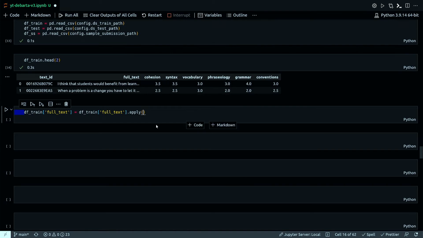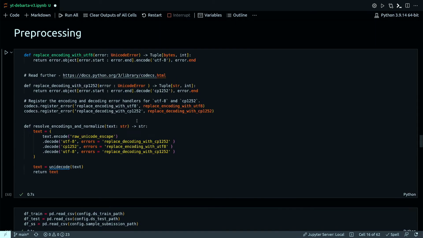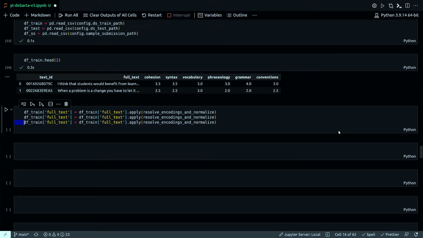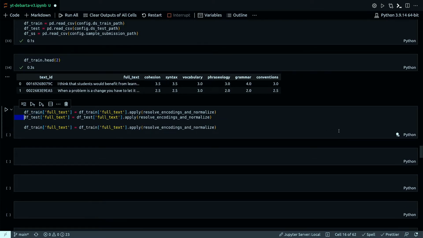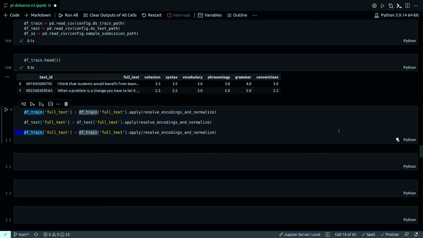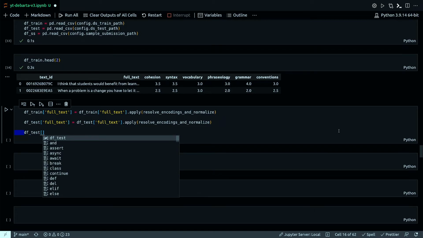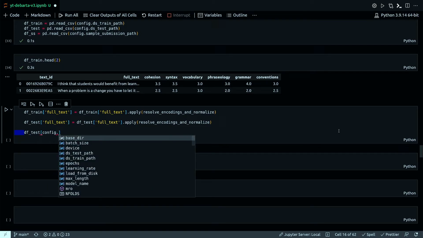So first one is resolve encodings and normalize. What is that here? DF test. Config dot